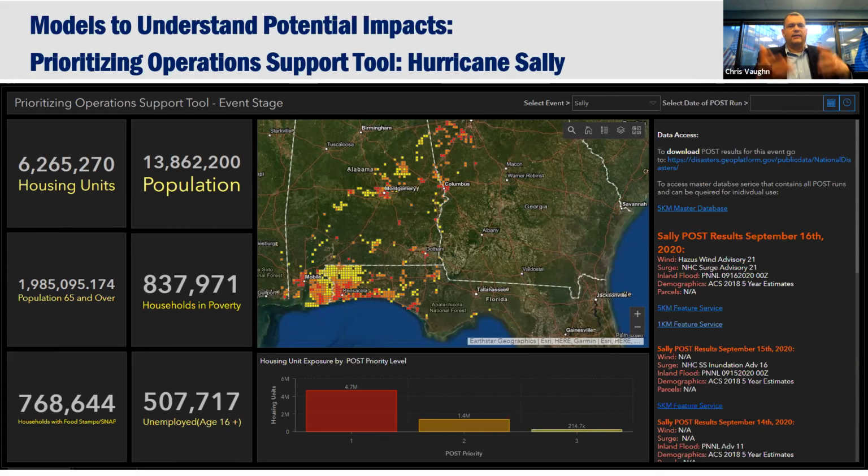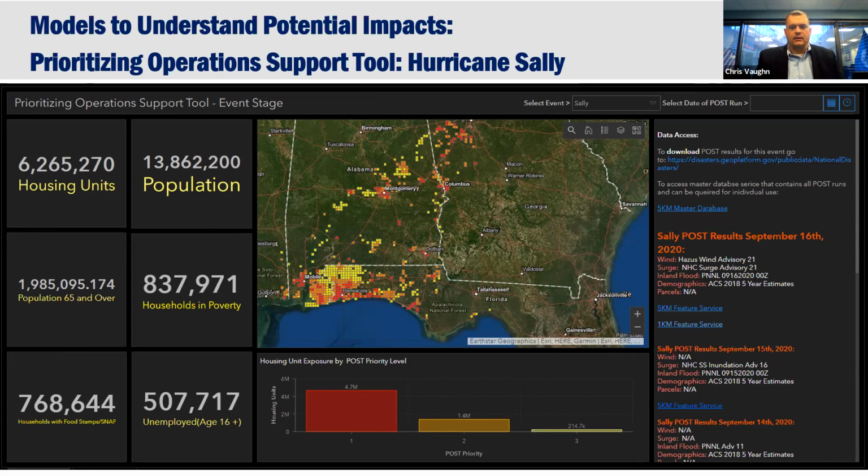So if you're looking at something like this Hurricane Sally perspective, we're using the wind speeds, we're using the flood extents, we're using our modeling capabilities to estimate where the heaviest impacts are and where to send those limited resources, search and rescue teams, where to make sure that they are knowing where to go first and not just reaction to, say, the news media, or whoever's on the big TV